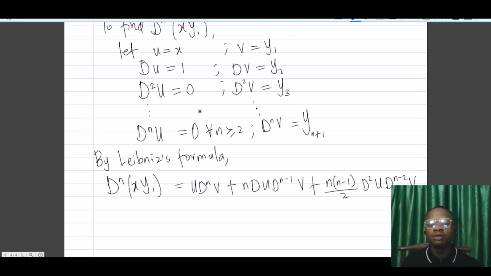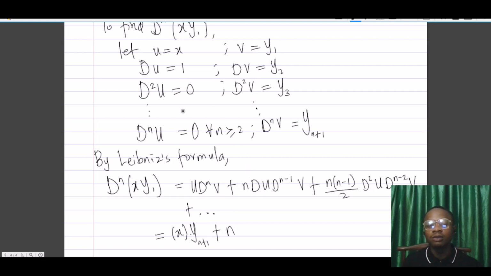We know it's become 0 from here, so there's no need to proceed with the rest. So this is going to be equal to u, our u is x, so this is x multiplying the nv. We know the nv is y into n plus 1, so let's just write it like that, and then plus n,